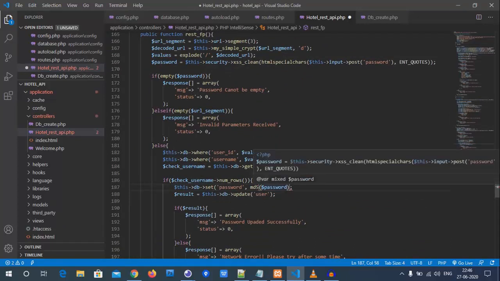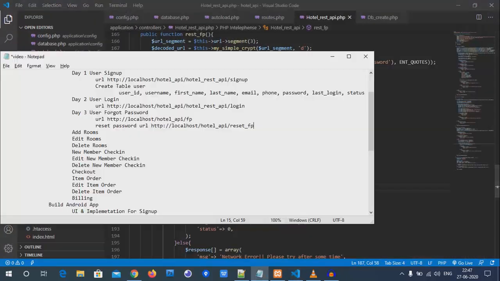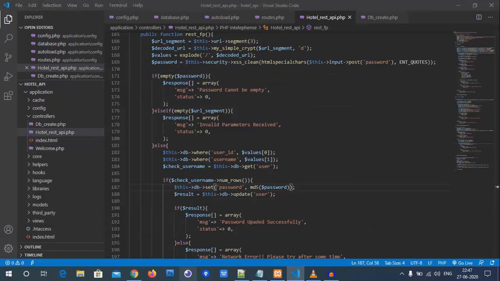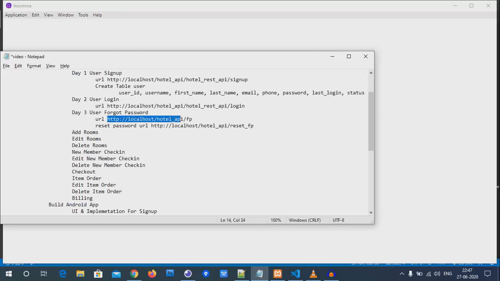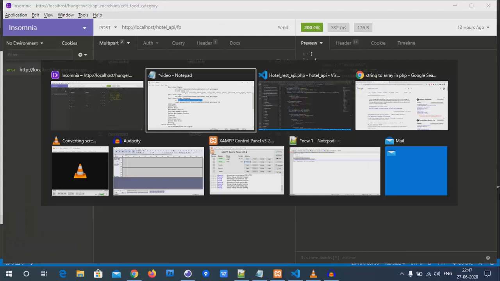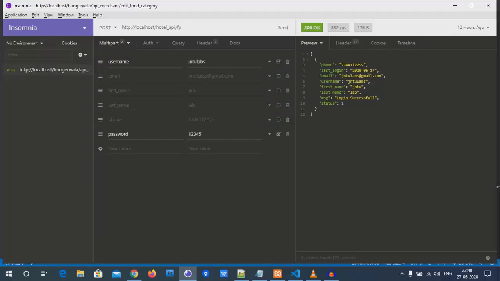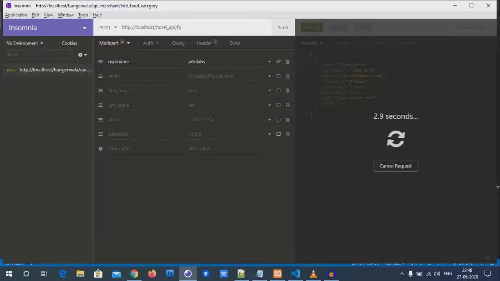For the forgot password, what we have done is we have taken either username or email, whichever may be used. Now in this we don't require this thing, username or email is enough for us. And let us check what result we get. Okay, I don't think we have a perfect result, because here the API was the hotel REST API, which was the controller. So we missed the controller. We have received an error. No problem, I can do it again. Now a 404 error is received.